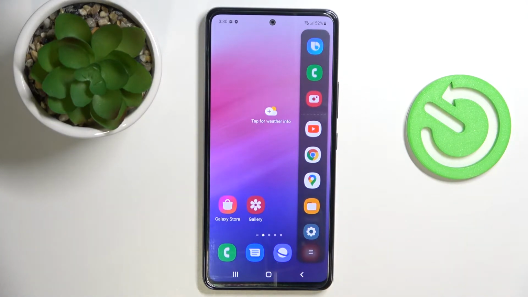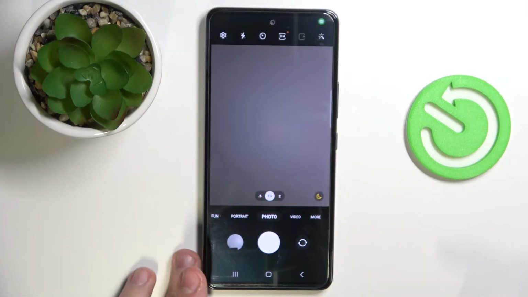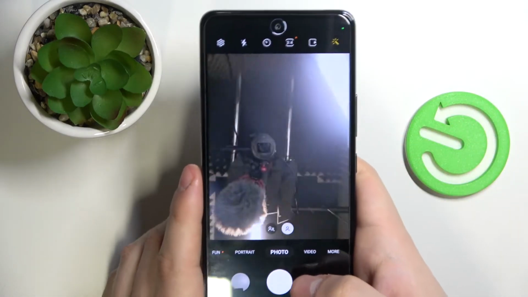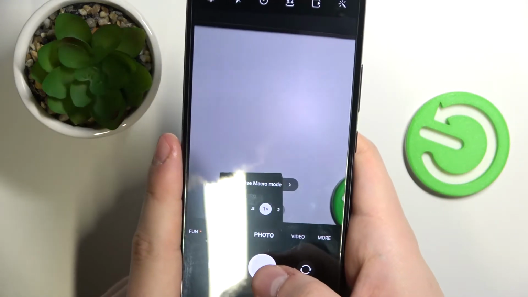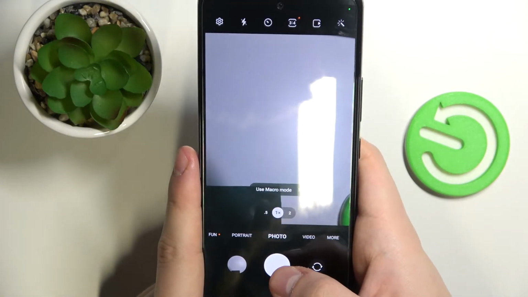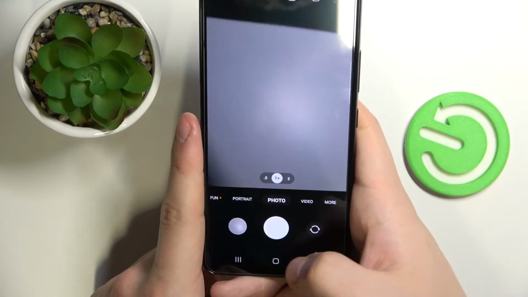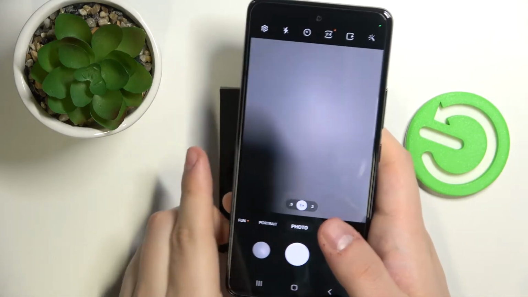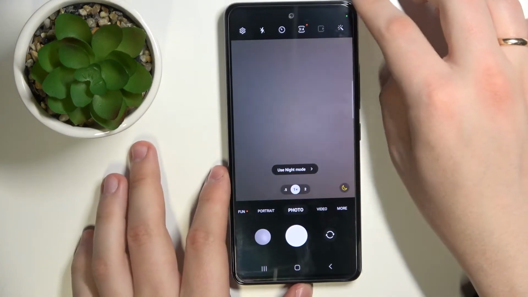The next cool tip I wanted to show you guys is the shutter button in the camera. So let me open up the camera of this phone. It is right here, and let me show you real quick. If you'll swipe this shutter button to the bottom, like here, you will enter the burst shot mode, which allows you to make great amounts of pictures in a very short